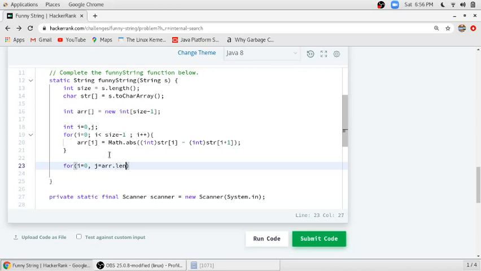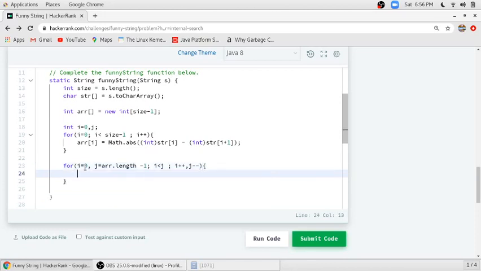For that we will use a for loop again, and in this for loop we will use two variables, that is i and j. i will start from 0 and j will start from length minus 1, and the condition is i is less than j, and we will increment i and decrement j.